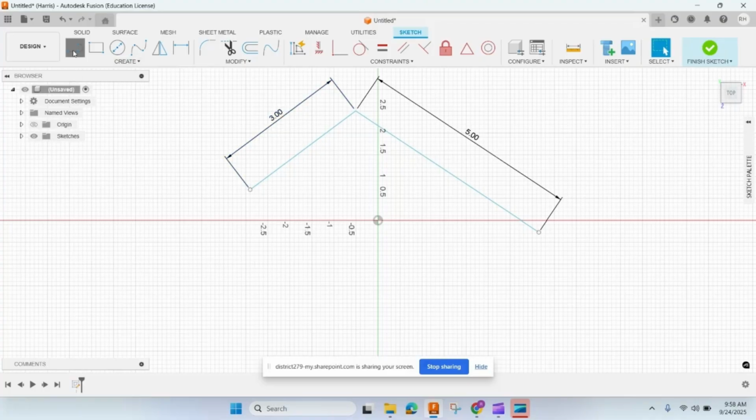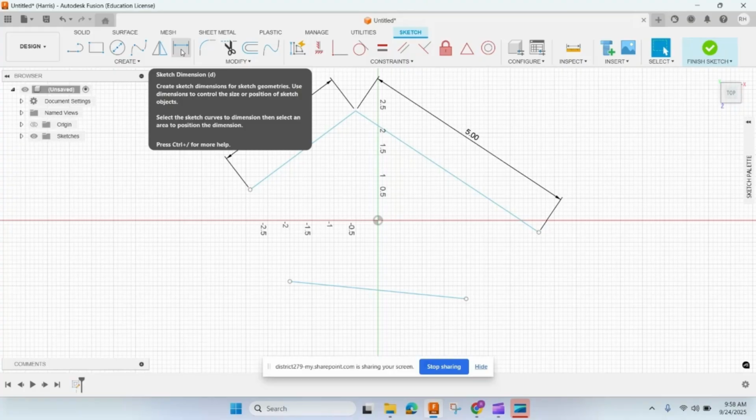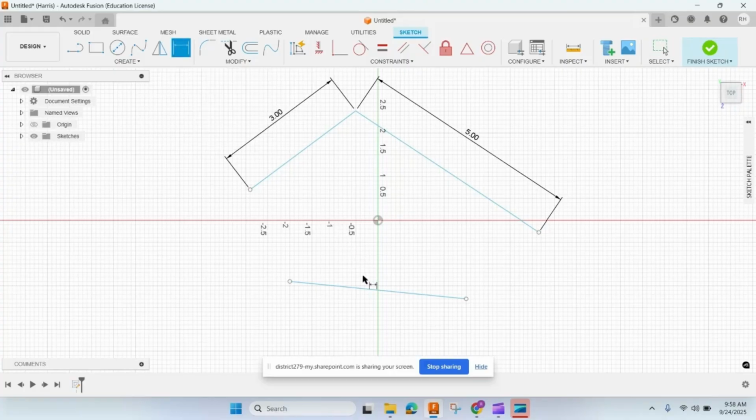Now I'm going to show you another way, and you can do it however you'd like. I'm going to just left click and then hit escape, so I'm done making lines. Now this line, if I click on it, if you look down here, it's 4.02 inches. That's close, but I want it to be 4 inches. So I'm going to click this sketch dimension, left click,